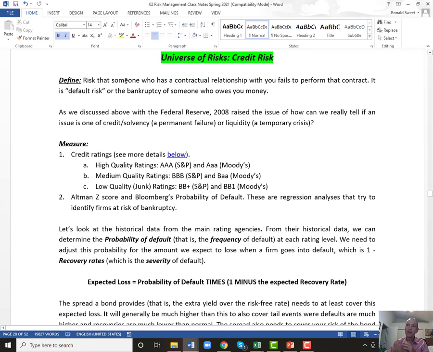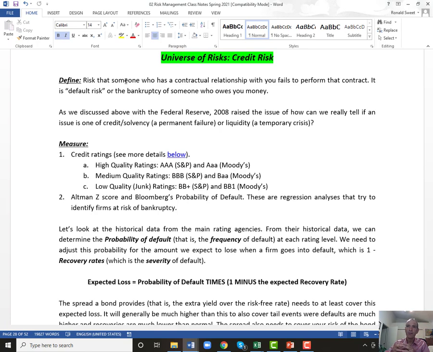So we spent a lot of time on interest rate risk and balance sheet immunization. Interest rate risk is a special case of market risk or price risk. So we spent a lot of time on price risk with value at risk and other things. And essentially your project is very much related to price risk. So that's why I did the project in the middle of that, plus to give you plenty of time to work on the project. So now let's really shift gears and let's talk about credit risk.